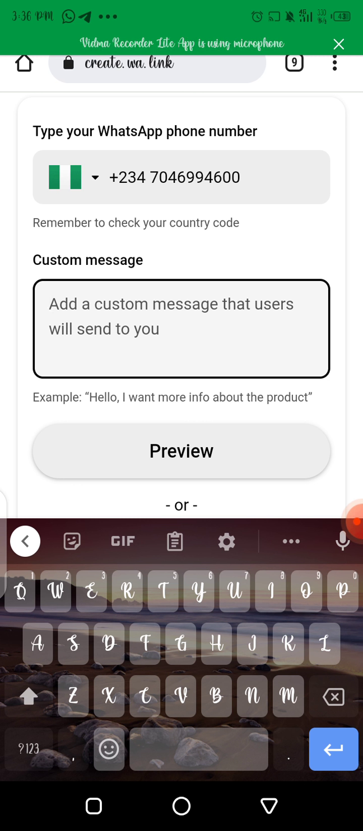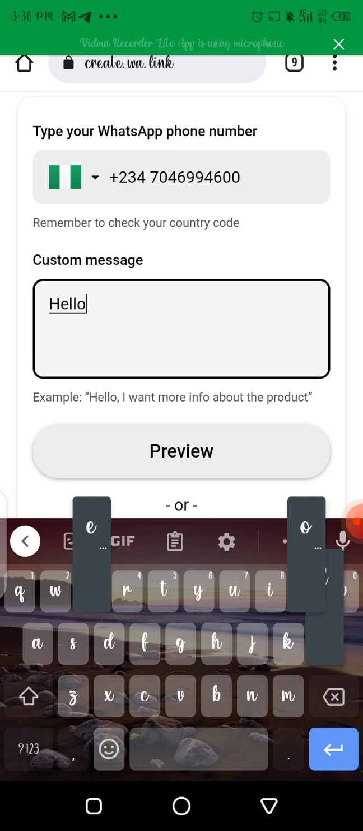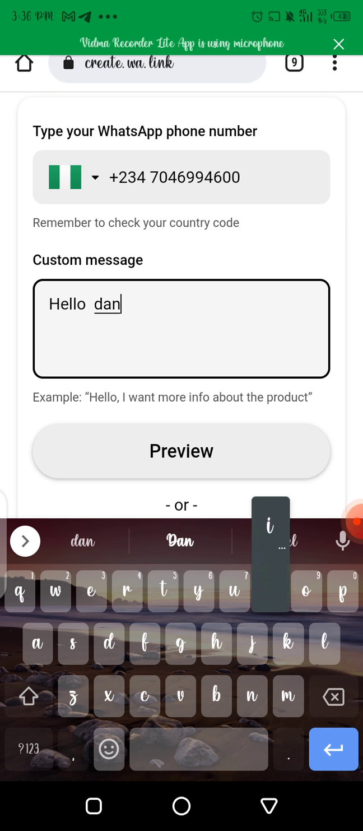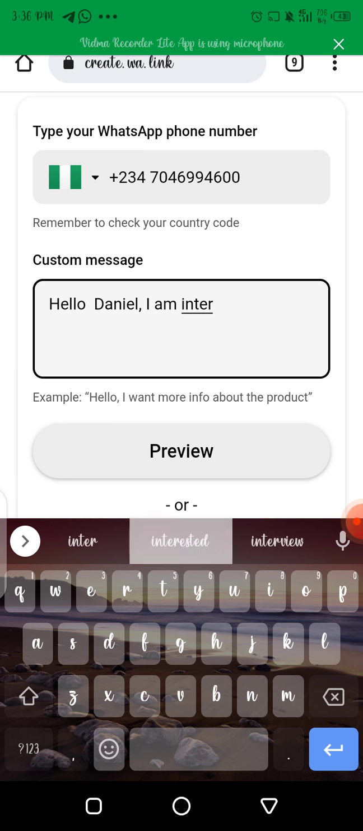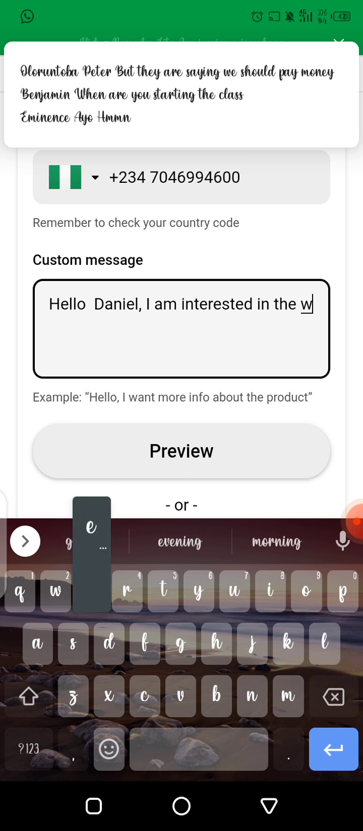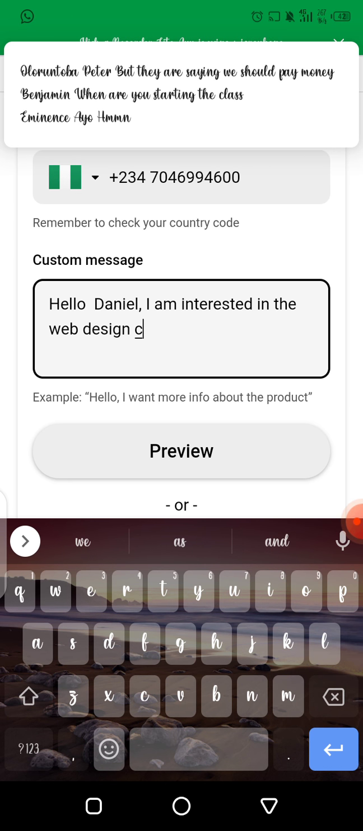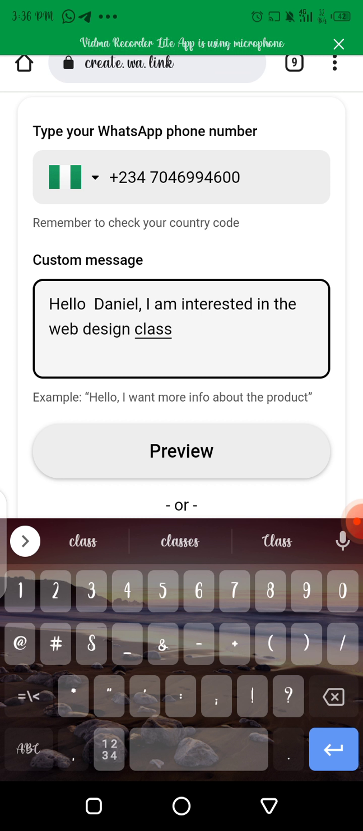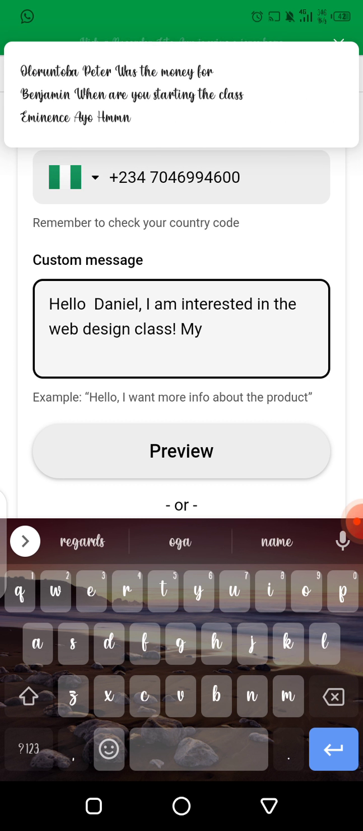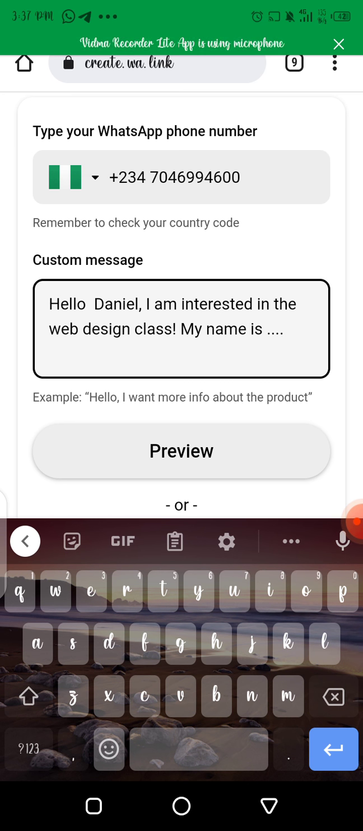Now let me do this. Let's say I'm organizing a class on web design. Do you understand? So I'll just say, okay, hello, this is the custom message I want them to send me. Hello Daniel, I am interested. Can you see? I'm interested in the web design class. You can ask them to type their name. My name is so-and-so. Now remember that the goal of doing this is to improve your contact